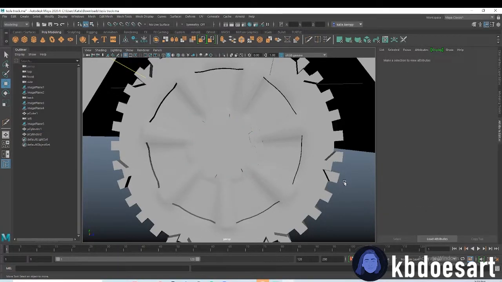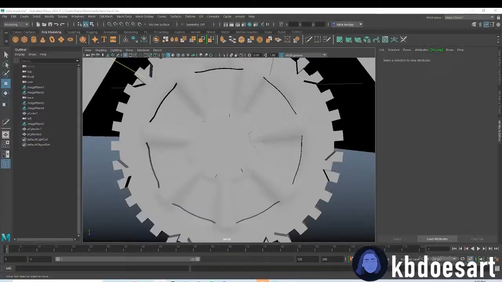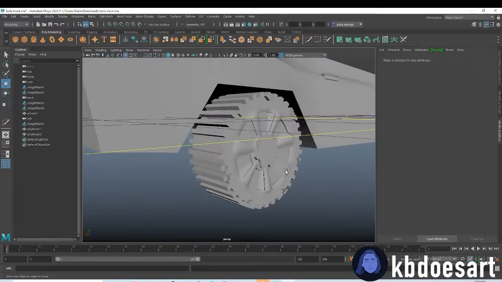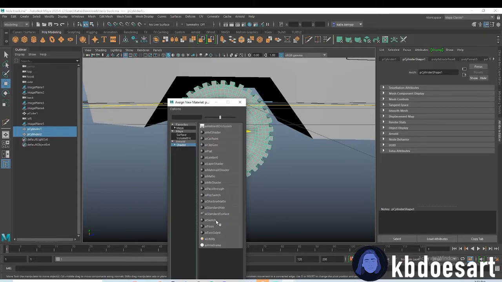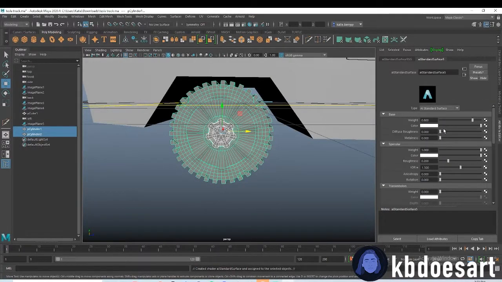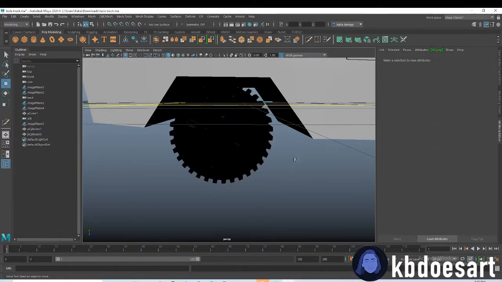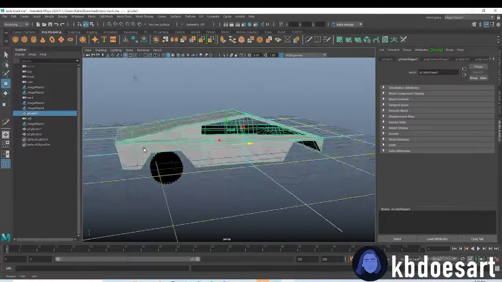That looks pretty good. We can also take that texture and make it black. So we'll just assign a new material to it, make it black. I would up the roughness a bit so it's not super reflective, but also